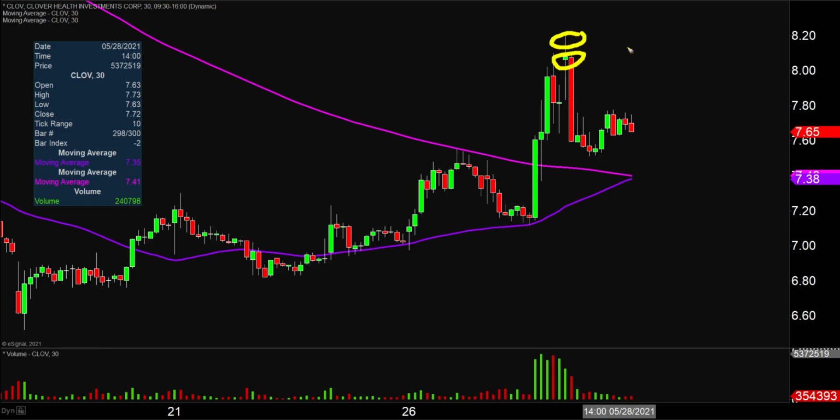However, if you care about more so the bigger picture point of view, I understand that from the highs, there was a larger pullback, but from the grand scheme of it all, the price does still have the opportunity to chip away and build a higher base, and that's how long-term uptrends are constructed, just higher bases being put into play over extended periods of time, and that's going to be the viewpoint that I talk about things from. So if I sound crazy calling something bullish, my guess would be you probably have more of a day trader type mentality going into all this, and I'm not saying at all that this is what's going to actually happen,